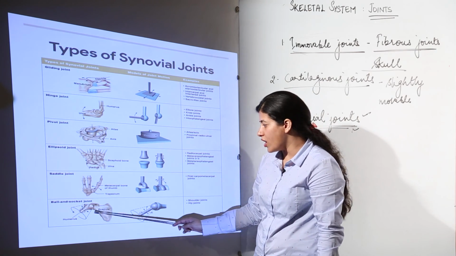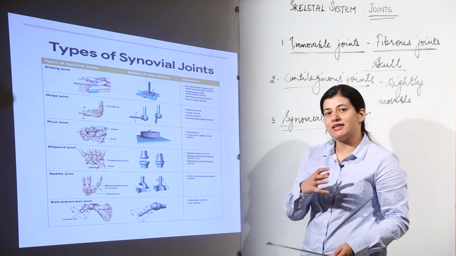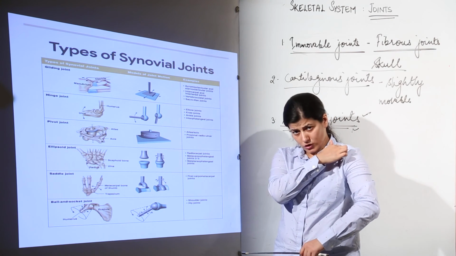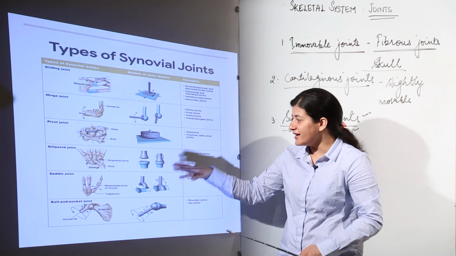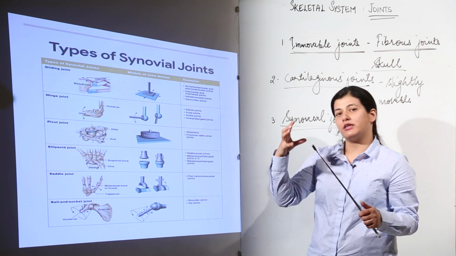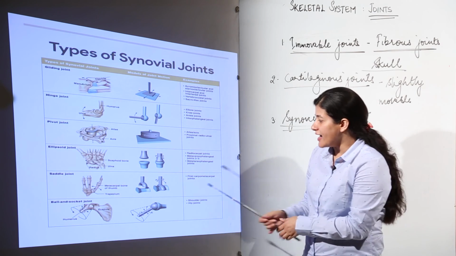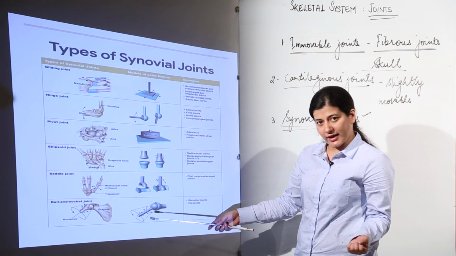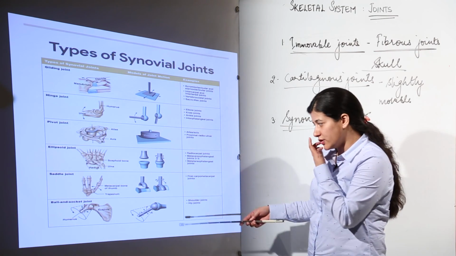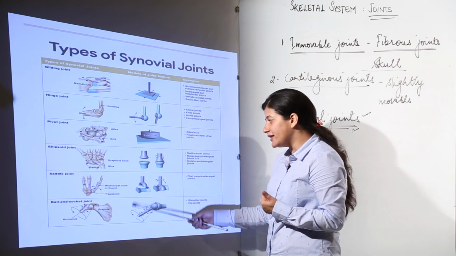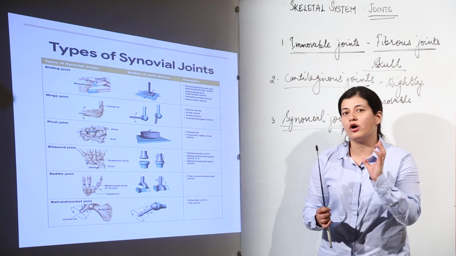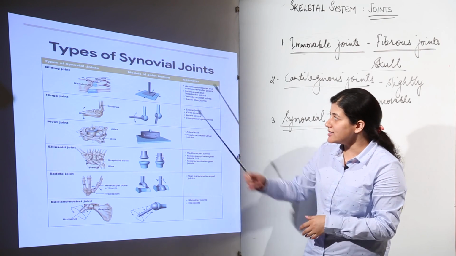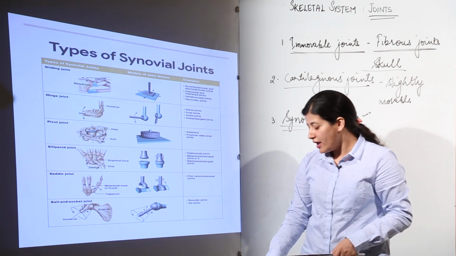Last one is the ball and socket joint. The biggest example is when this arm is articulating into the shoulder, or we can say the girdle. That is a ball and socket joint, like you fit the ball into a socket. And how can the movement be brought about? There are so many directions. You can rotate it like this, you can move it like this, anyways you can move. The ball and socket joints are the shoulder joint and the hip joint, where the ball of your limbs is articulating into the girdles. So these are the 6 types of joints that we have.